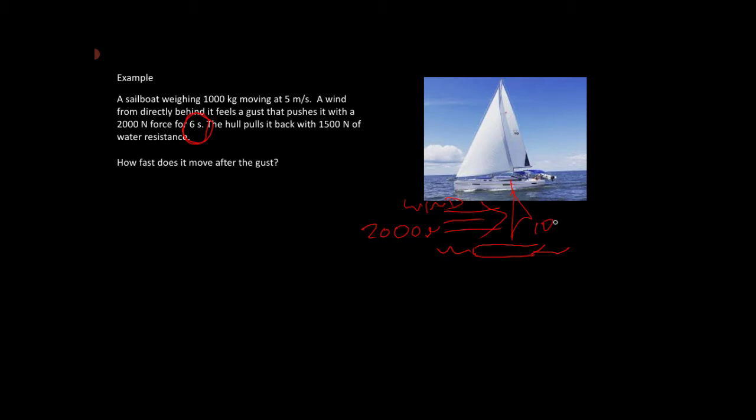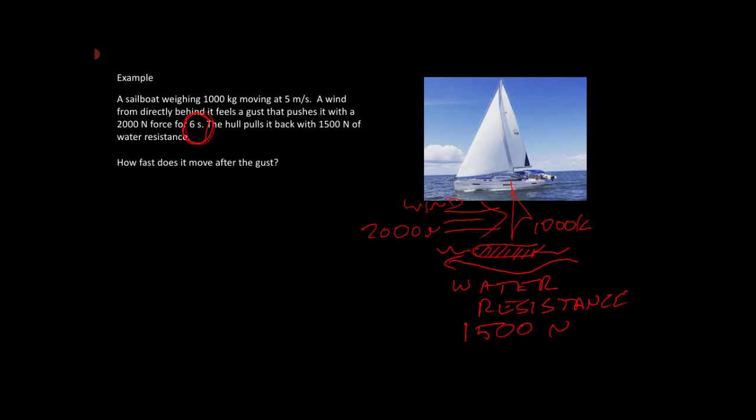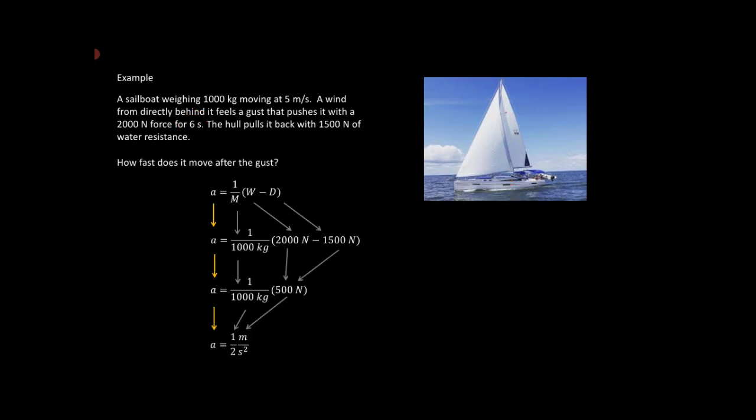The boat was 1,000 kilograms heavy, right? And then there was some hull drag, some water resistance, at 1,500 newtons. But now we know that it's 6 seconds. We can use the result from the previous part to figure out what the final speed is, how fast after the gust is over. Okay, so we already did this in the previous video, so you can look at that,